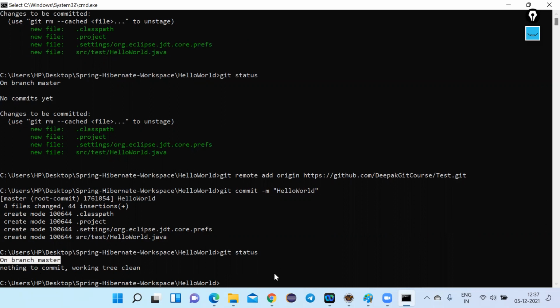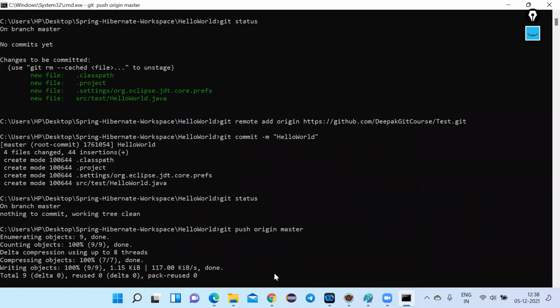So what exactly do we need to do? We need to move this to the remote repository. What is the command? Git push origin master.